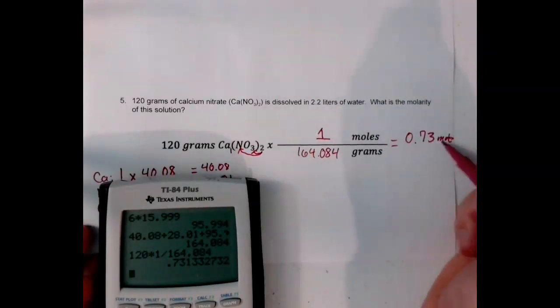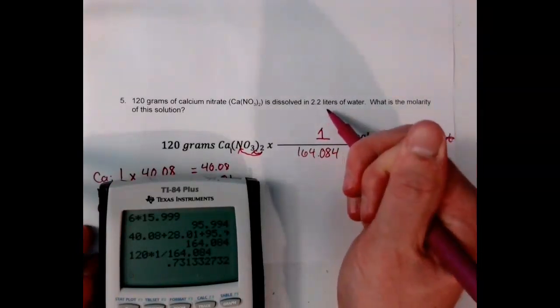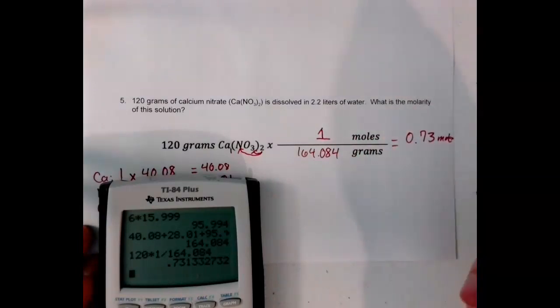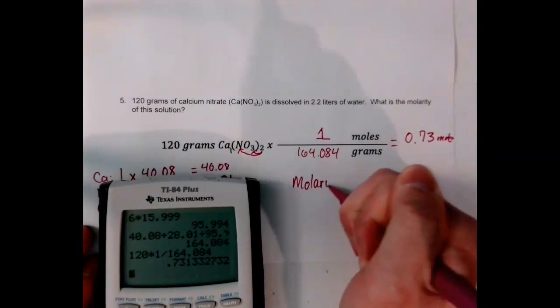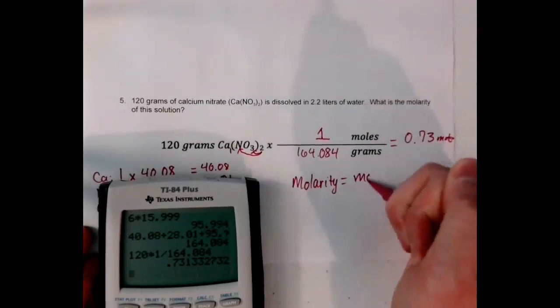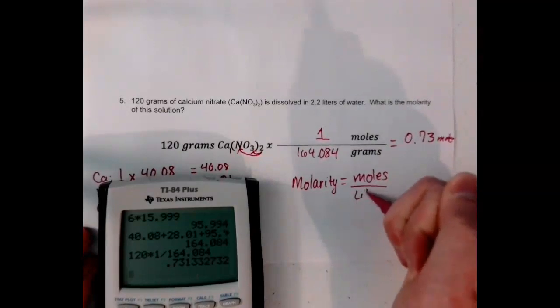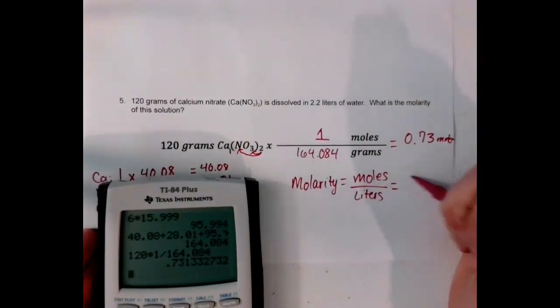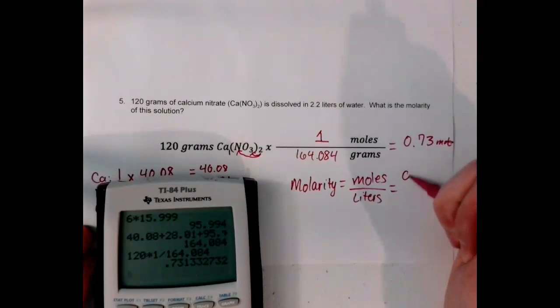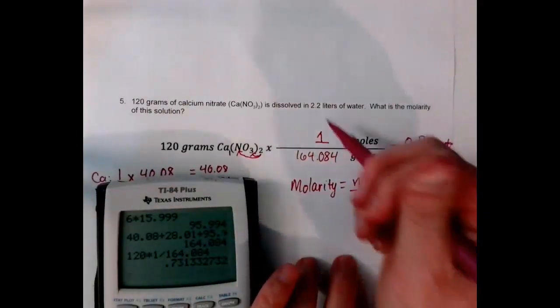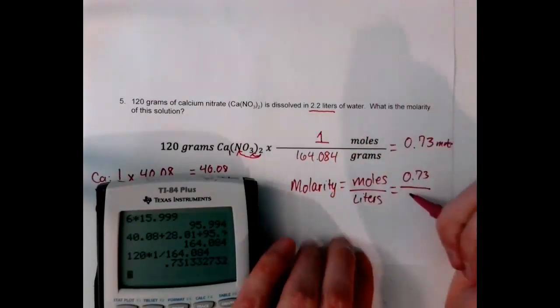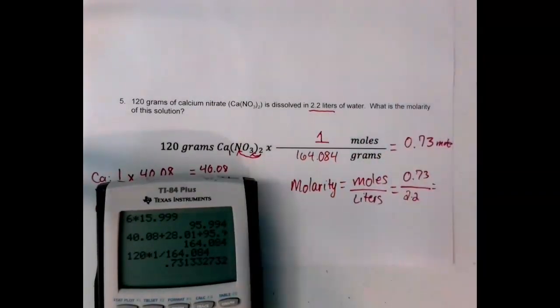All right, so now we've got moles here, and we have liters. So now all we have to do is plug it into the molarity formula. So molarity equals moles over liters. All right, so we've got the moles right here, 0.73. So 0.73 divided by, and then the liters is right here, this 2.2. So 2.2. All right, so now on my calculator, I'm going to do 0.73 divided by 2.2. And that gives me